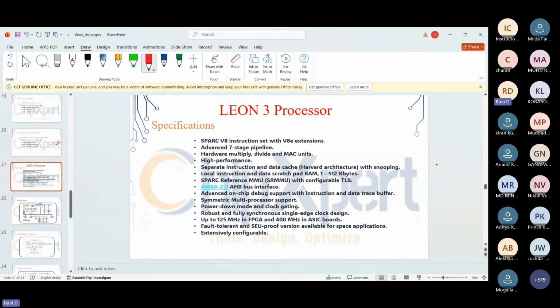Leon 3 is a 32-bit CPU microprocessor. It was designed by Sun Microsystems with the design principle of the SPARC V8 instruction set architecture. The SPARC V8 instruction set architecture is nothing but a design principle. It is going to say how to